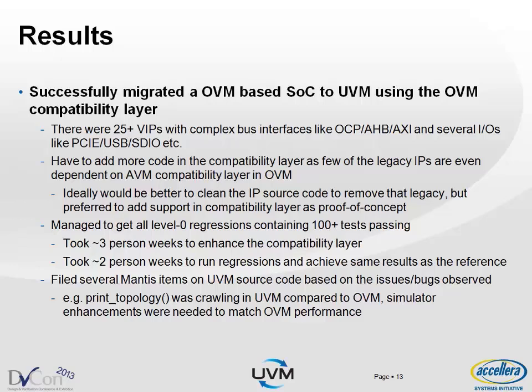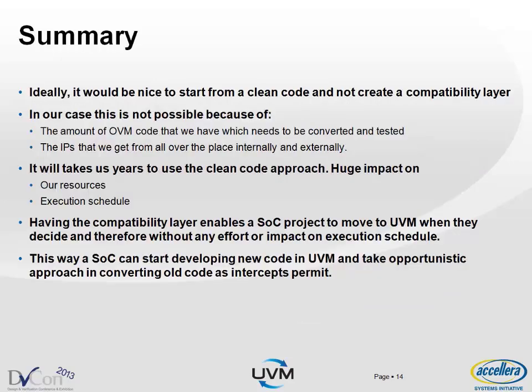If I take a simple example, the print topology was scrolling in UVM compared to OVM when we were doing that. And we filed as well a few simulator enhancements that we needed to enable our compatibility layer and our usage model as well. So in summary, ideally, it would be nice to start from clean code and not create a compatibility layer, and everybody start fresh,